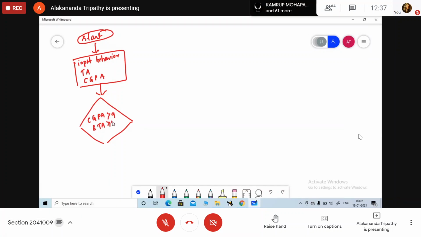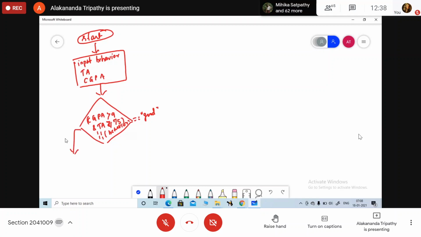Attendance should be greater than, how much will the attendance be? Should be greater than 75. Or. Then what is the or value here? Behavior Good. Behavior is equal to good.